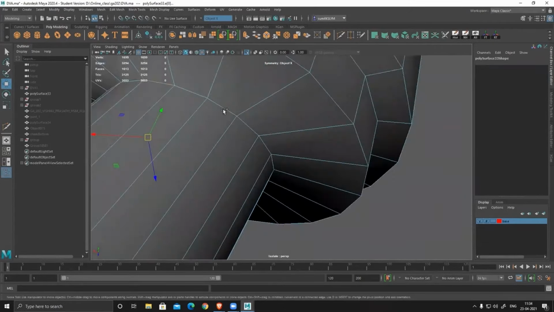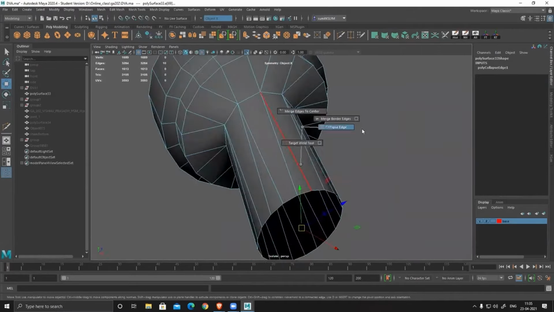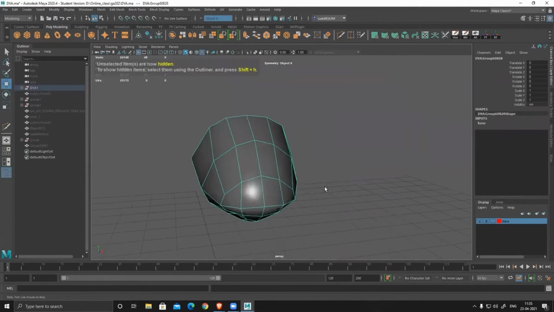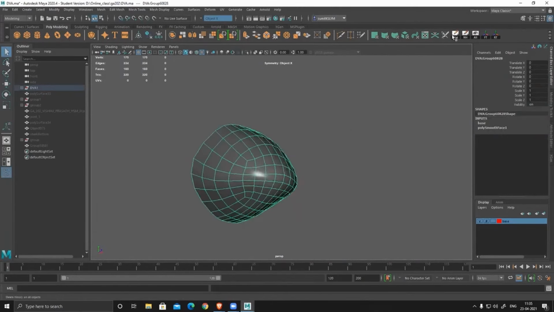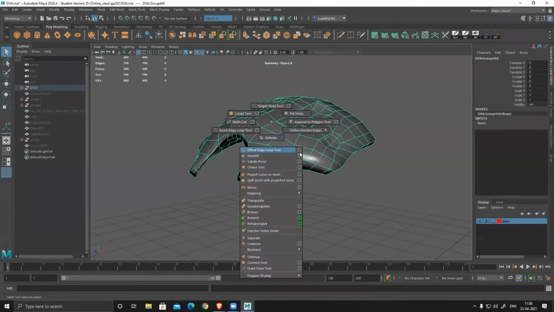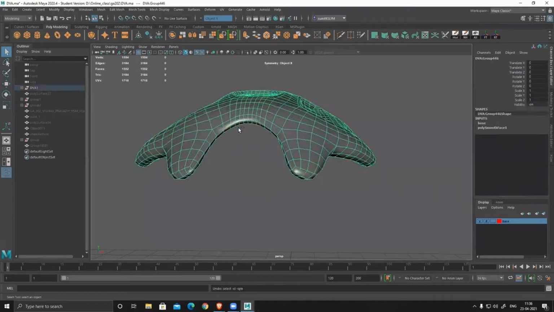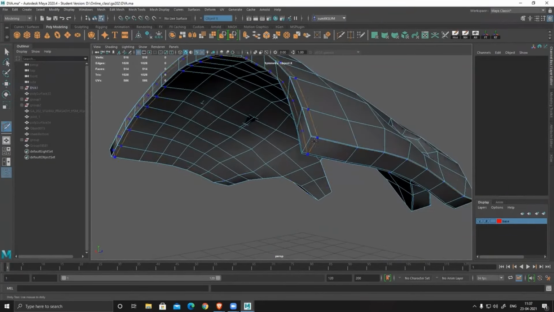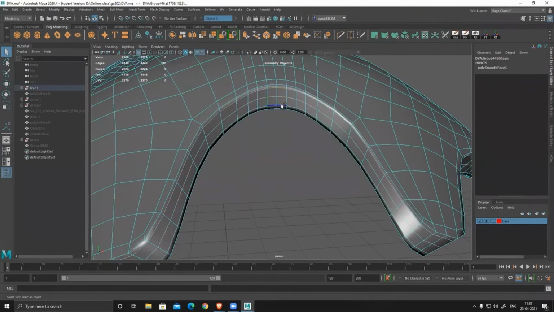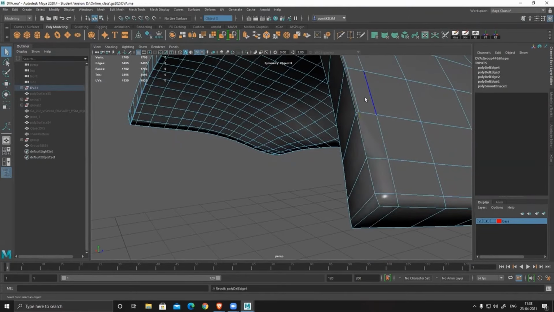For this cylindrical shape, you can see the same amount of polygons are going there, which is not required. If I reduce alternate edges, it will give me the same silhouette. This glass part looks really faceted and really angular, so I just applied a subdivision. This part also looks really angular, so I applied a subdivision, but you can see it distorting the shape. It became really smooth, so I'll add a couple of supporting loops just to hold the shape, and then I'll smooth it, and then I'll remove all those supporting loops, and wherever those extra loops are there, I'll delete them and make it super clean.